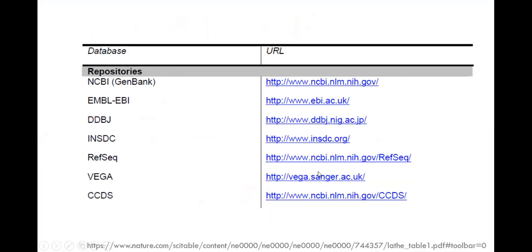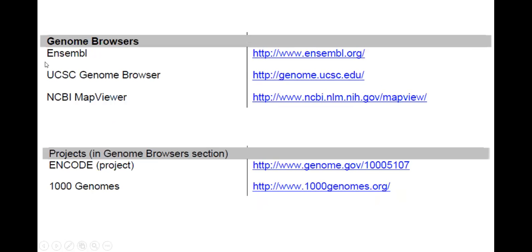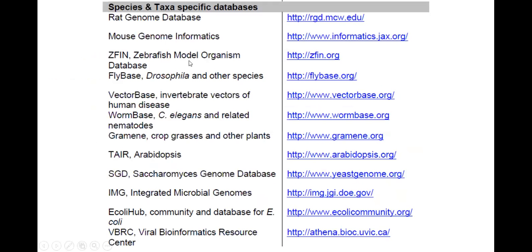This is a database with URL links: repositories such as NCBI and DDBJ, what are those? Genome browsers here include Ensembl, the UCSC browser, and the NCBI Map Viewer, and then genome projects such as ENCODE and the 1000 Genomes Project. This is also important specifically in terms of species and taxa.